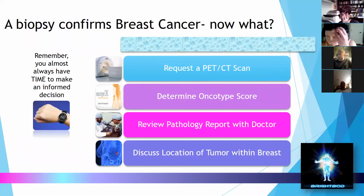This was the thing that first shocked me about my own diagnosis. I was mortified that I would lose my nipple. I couldn't fathom what I would do with a tattooed on nipple. It just blew my mind. Eventually, I got used to that idea and decided on double mastectomy. But at first, as a 26-year-old, it was something that I just